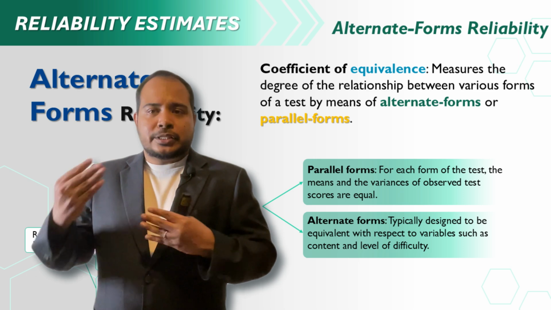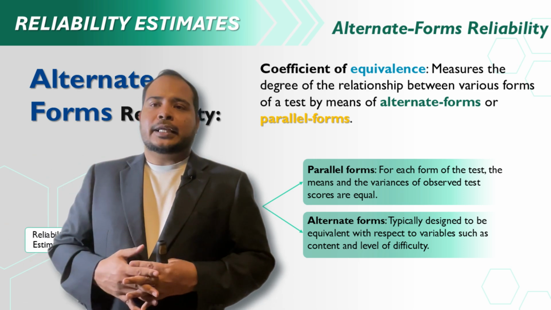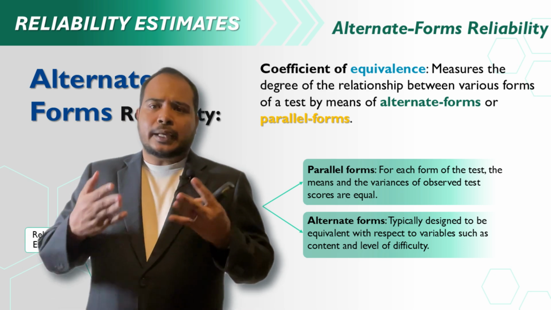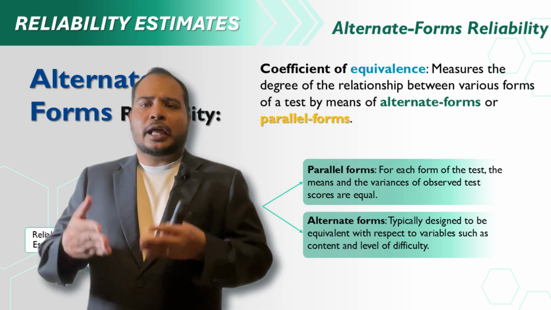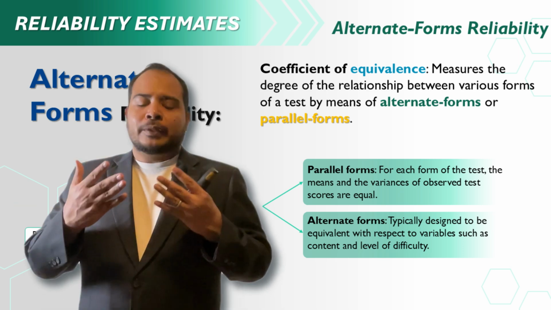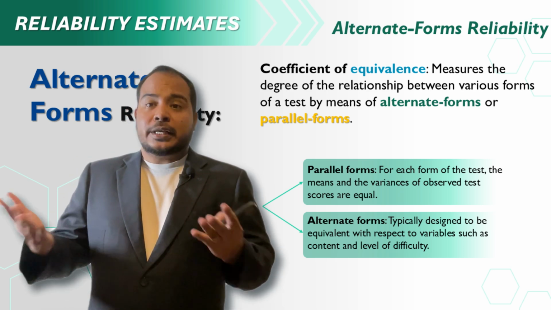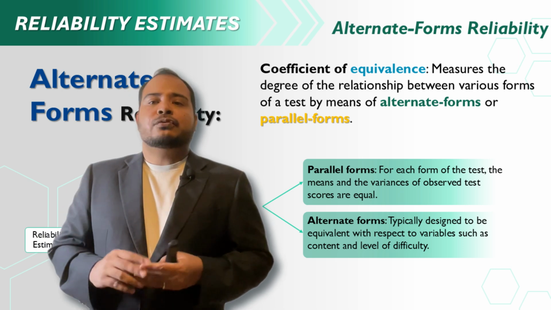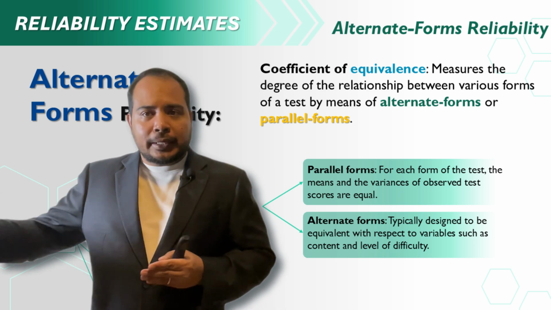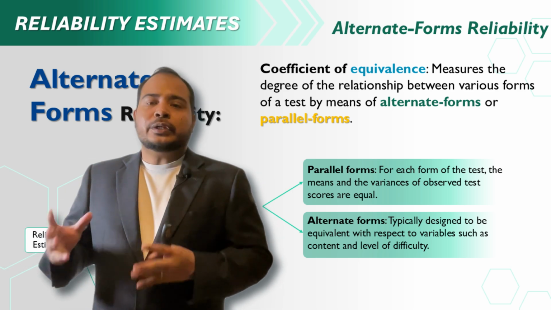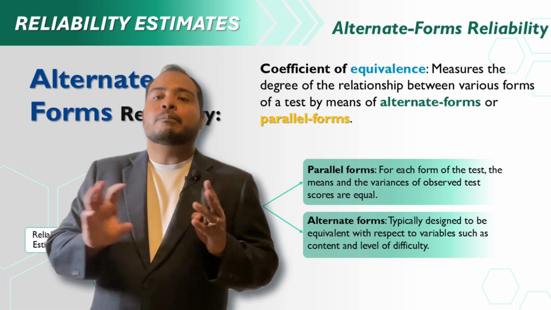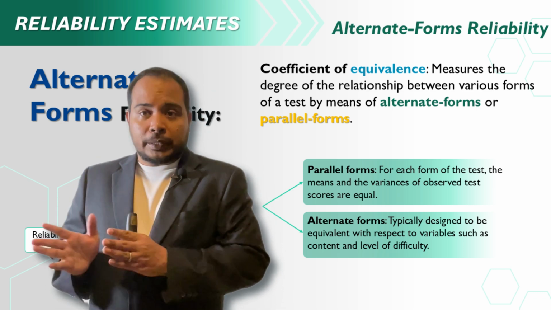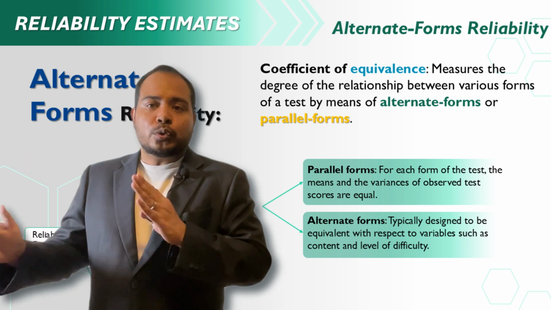After you go through all the processes to make sure the items have content validity and quality properties, you may have, for example, 40 items. But remember, your aim is only 20 items. So for the remaining 20 items, you can create the parallel form. So here you have form A and form B, but all items in those two forms